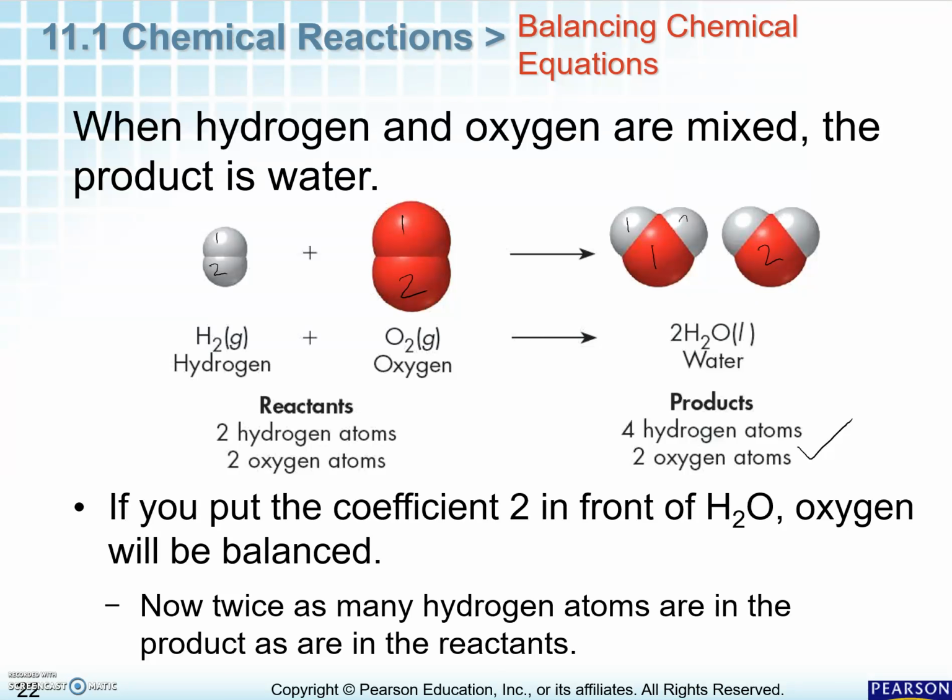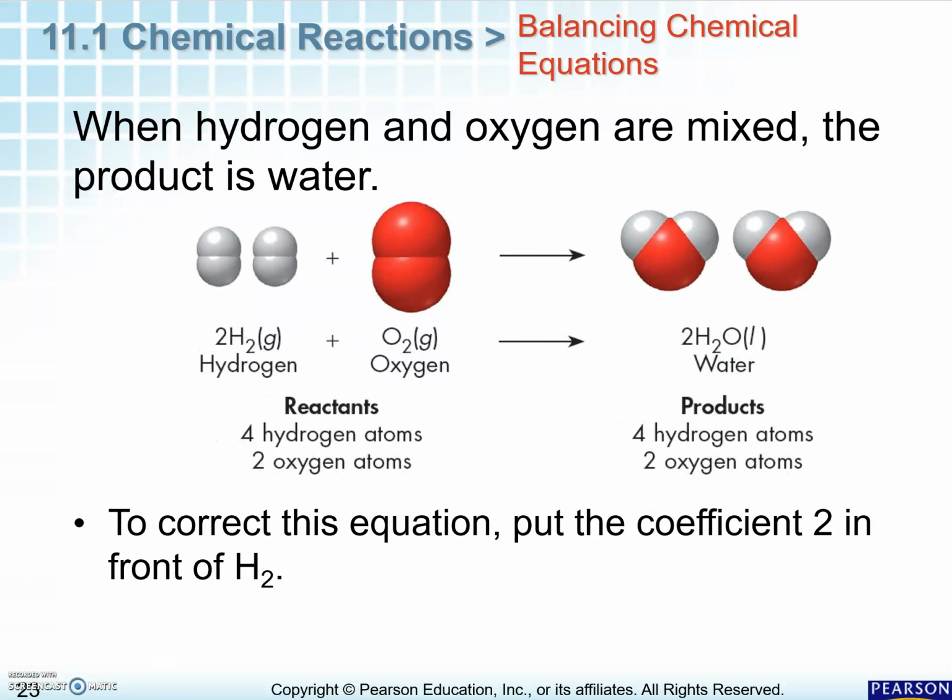However, let's count how many hydrogens we have. Okay, so after counting each one of those hydrogens, we now have 4 hydrogen atoms. So that does not balance our equation. We now have to figure out how to increase the number of hydrogen atoms to balance that out. So what if we were to have 2 of our hydrogen atoms? So let's count once again. If we added 1 more hydrogen and kept the 2 water molecules, on the reactant side, we have 4 hydrogens